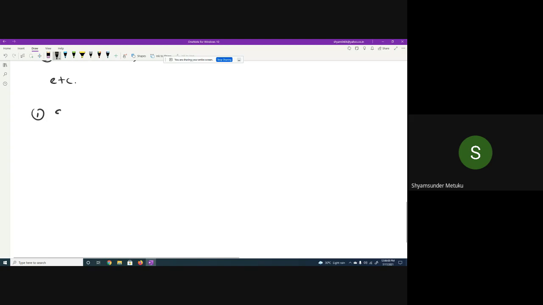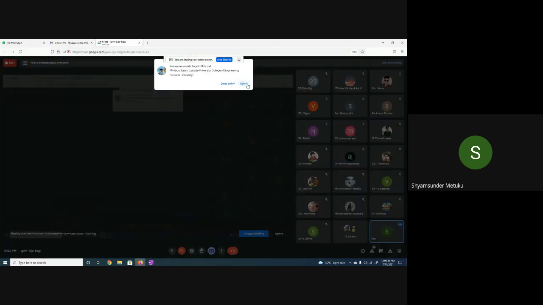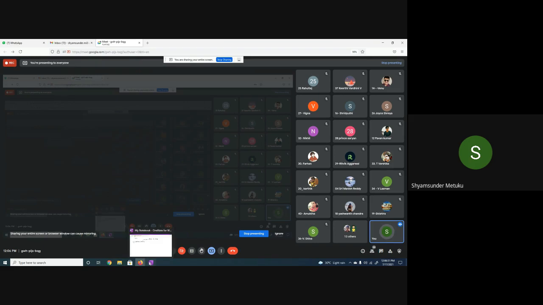First, let me take the string length function, strlen. All are small letters only. The syntax is very simple: strlen of source, where source indicates the base address of an array, because we are talking about an array of characters. A string is nothing but characters. Whenever a source is mentioned, you should simply give the base address of that string, so that you are able to print the length of the given string.